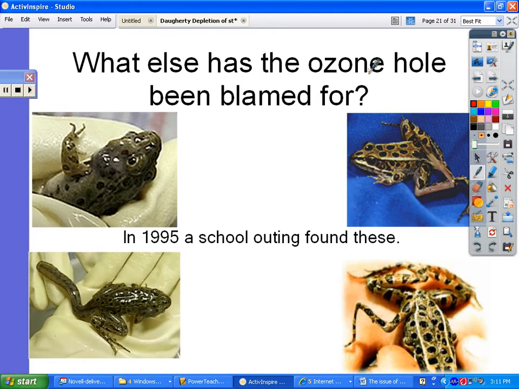Okay, so why else is having a hole in the ozone layer a bad thing? It affects ecosystems. It affects living things. Here's what they saw in a school outing in the 90s. This is down in Australia where they found these frogs. They're all mutated. They found a lot of the frogs' eggs weren't even hatching. So what's going on here